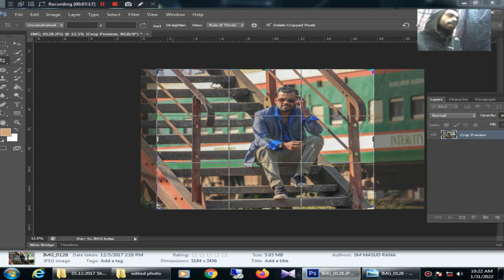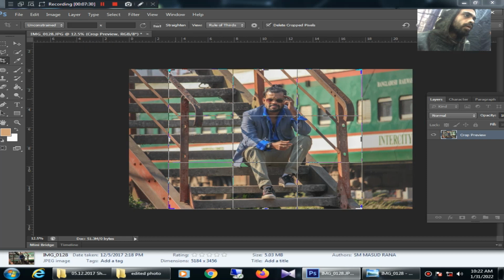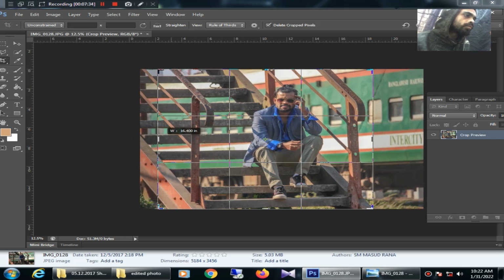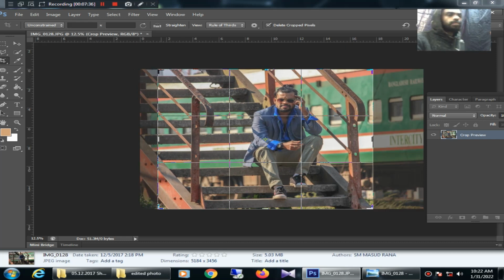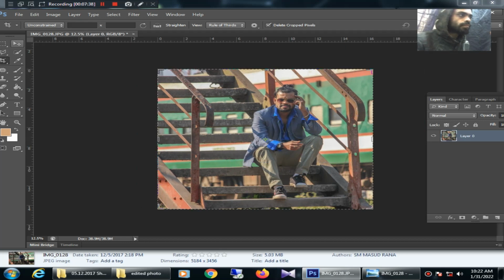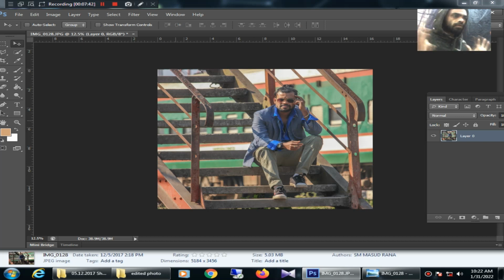And as this stair still comes from upside, to clear it I can keep this region, and this will be uncompleted. So to make it a complete look, I can keep it to this frame. Okay, as my object has much fewer areas to be distracted, now I have to